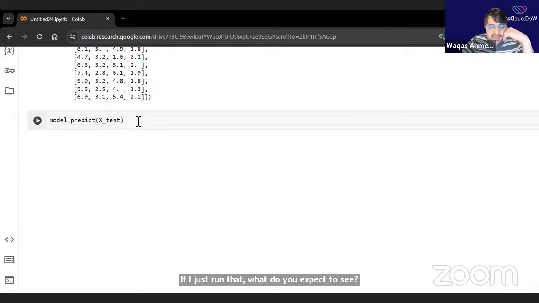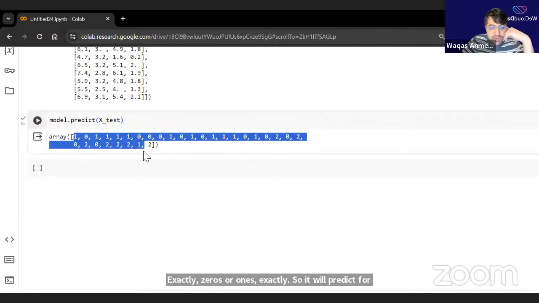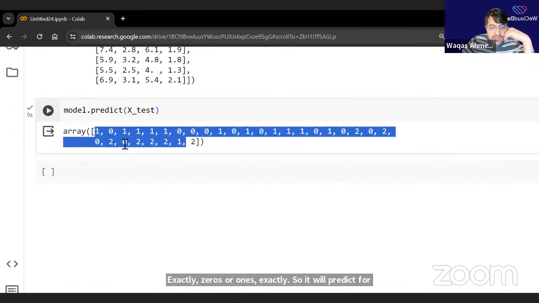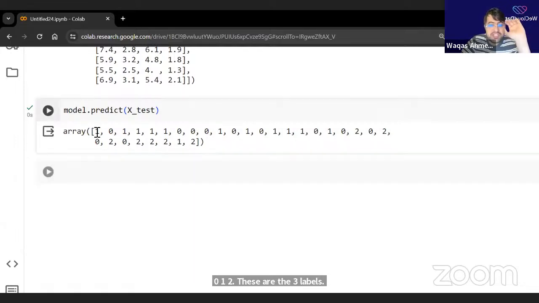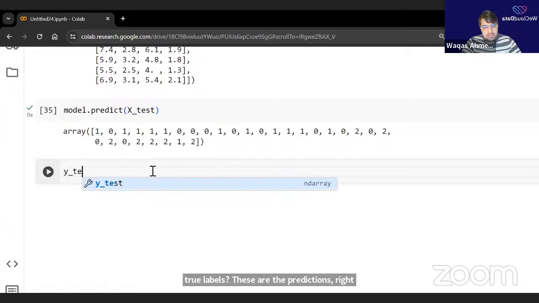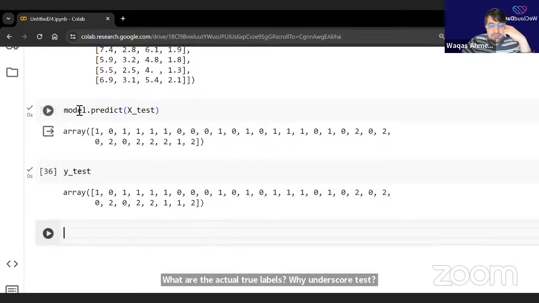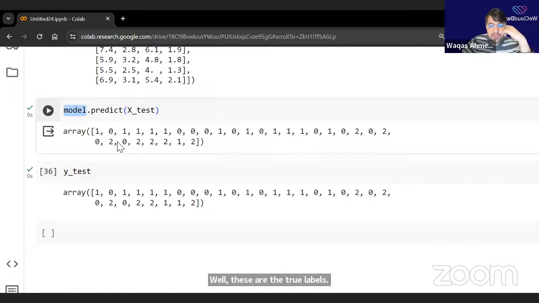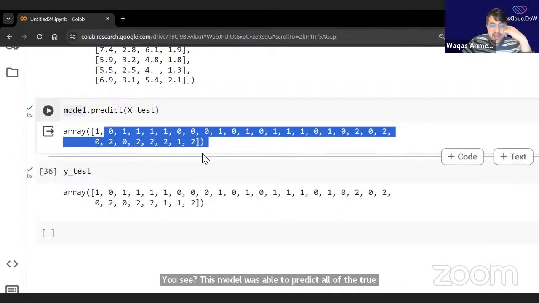Exactly, zeros or ones, exactly. So it will predict for me the labels 0, 1, 2, right? These are the three labels. Okay, but what are the true labels? These are the predictions, right? What are the actual true labels? y_test. Well, these are the true labels. You see, this model was able to predict all of the true labels correctly. So the accuracy is actually 100%,